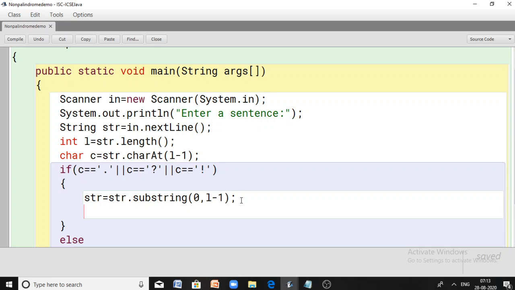I want to process it character by character. So the logic I'm going to use in this program is, I want to extract the word from the sentence. Until a white space is encountered, I will keep on gathering characters in a separate string. If a white space is encountered, at that point I will take whatever I gathered as a word and process it. I will check whether it is a palindrome or non-palindrome, and if required, do the necessary processing and add it to the final sentence. So in that case, I have to go character by character.